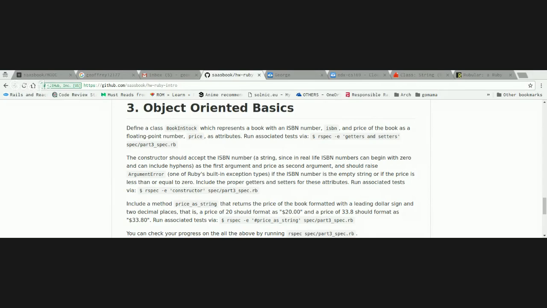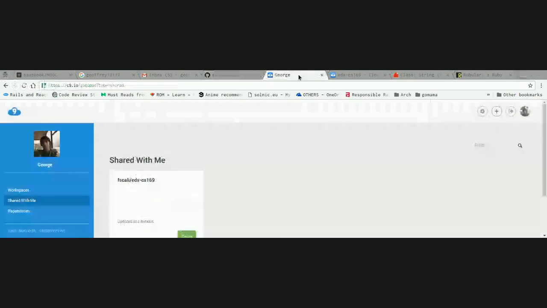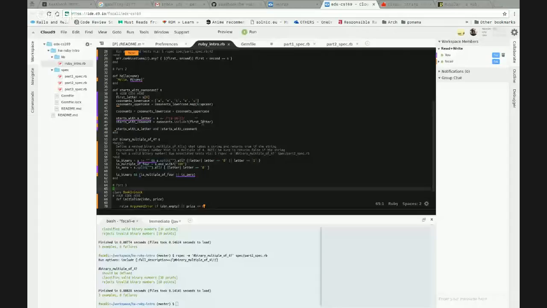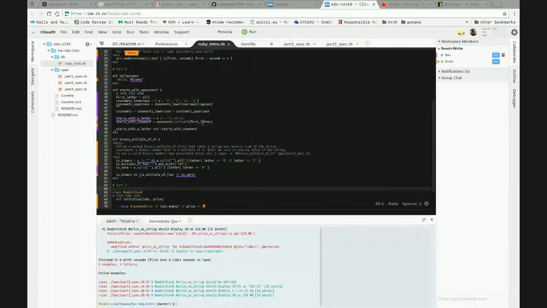Try to run the specs. Yeah, so the specs is this. I think you are okay with the constructor function.